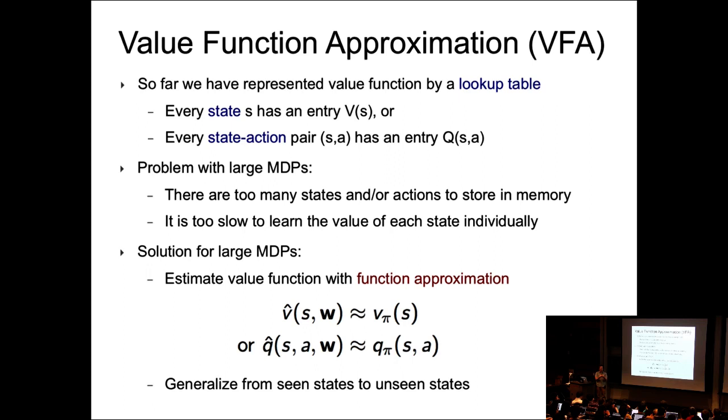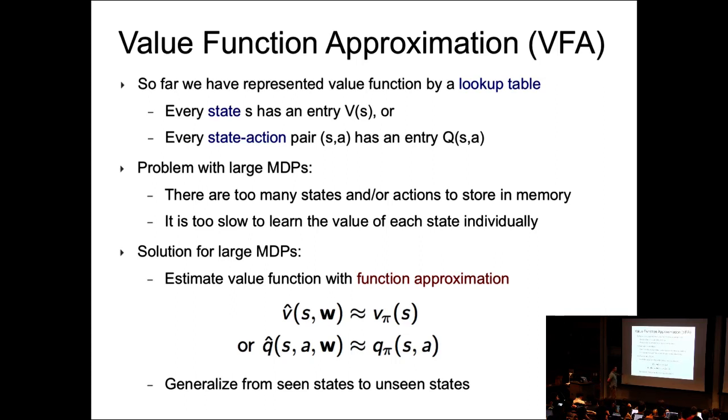Obviously, if you're in a situation where I observe a particular state and my value function is 1, and if my state changes by a little bit and my value function changes a lot, so you have very discontinuous functions or very high curvature functions, then it's going to be more difficult to learn them, right? But generally, that's not the case in practice. The same thing for the Q function. We're going to be approximating our Q function with some parameters W by some parametric function.